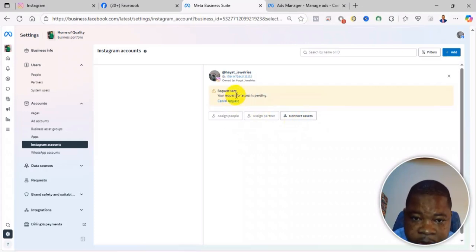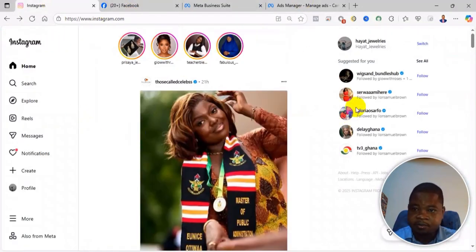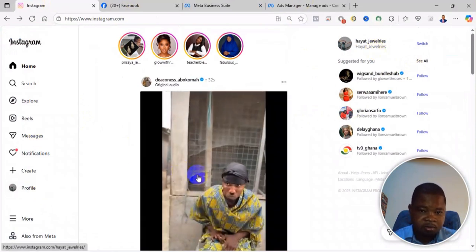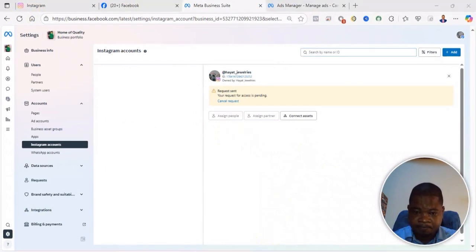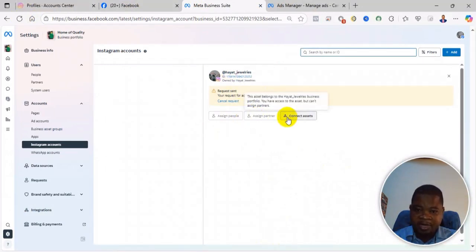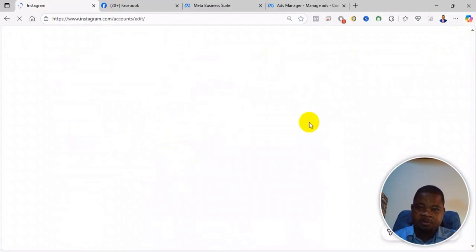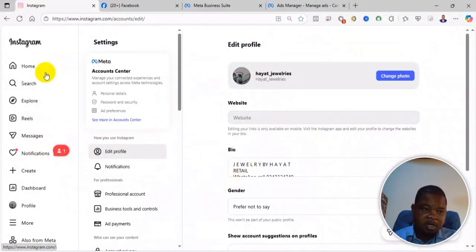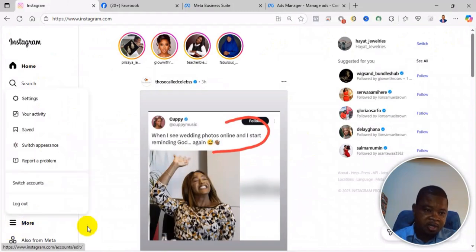It says your request for access is pending. So let me just log into the Instagram. I'll come back and refresh here. So it is supposed to add me automatically, but they are saying they are waiting for a request. So I'll just come back to the Instagram, and for example, if you come back to the Instagram, and you see something like what is here,